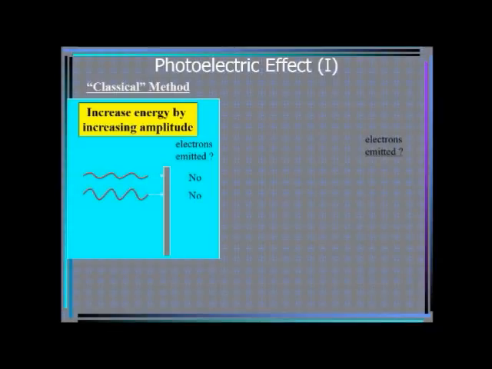Again, according to classical mechanics, the energy depends upon the square of the amplitude. So a wave of somewhat more amplitude was thrown and it also did not pass. Now a wave of high amplitude was also given, but it also failed. That means electrons did not emit from this metal surface. This block is treated as a metal surface, and according to the photoelectric effect, whenever a ray of light falls on this metal, electrons come out. But in all these three cases, by increasing the amplitude from very small to quite large, there was no emission of electrons.